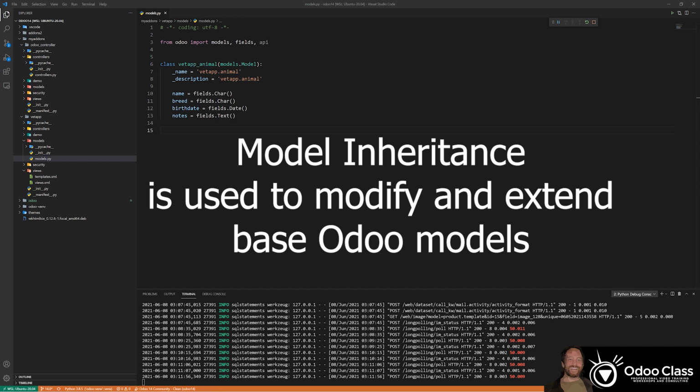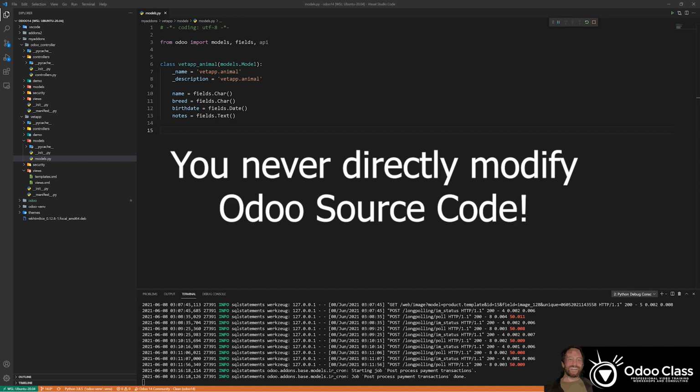One is that we inherit from models, which means that we might have a customer model, or what is called the res.partner model in Odoo, and we might inherit from that and create additional fields and different processes that override that particular model. We're never going to go into the Odoo source code and start changing it there. We're always going to create another completely separate file with a class in it that inherits from these models